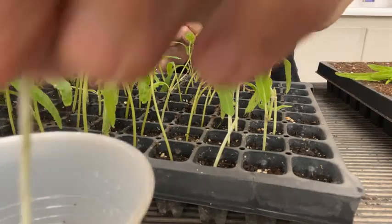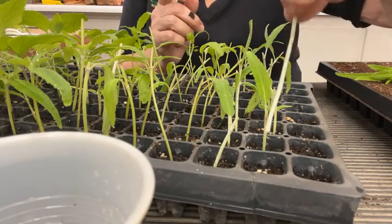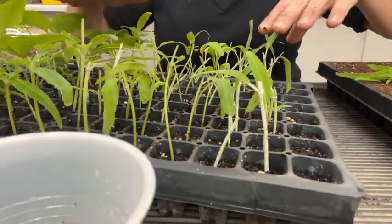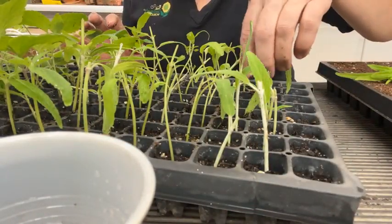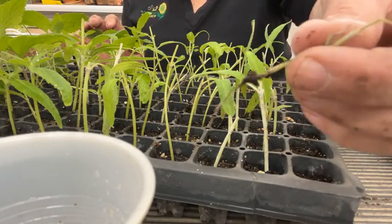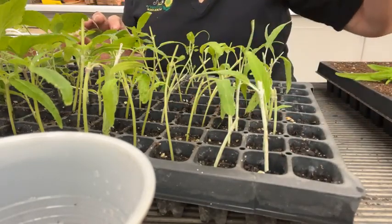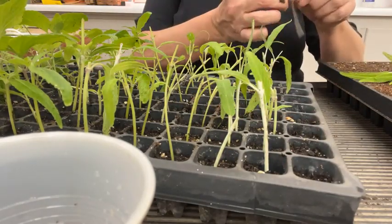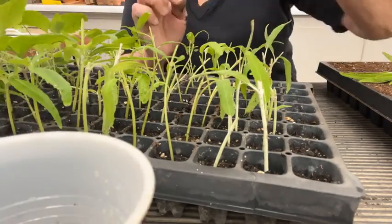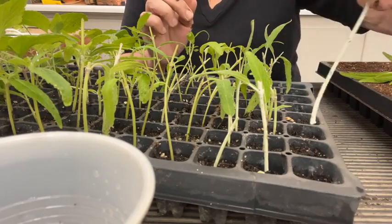So I'm just pinching anything that's beyond one leaf because you really just don't need more vegetation. And these guys, there's a couple in here, as I've mentioned before. Sometimes if they're too immature, like this one is rotting. It's a really puny one. So we were kind of desperate that week, so I cut some that were maybe a little bit smaller than what I would normally do. I find that the more mature the stem is,